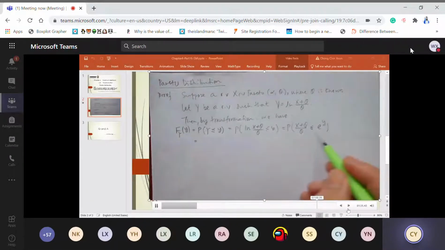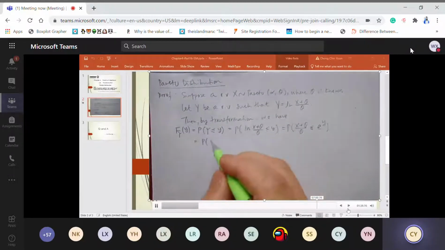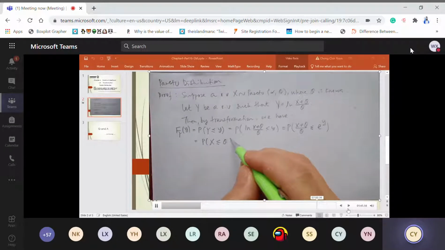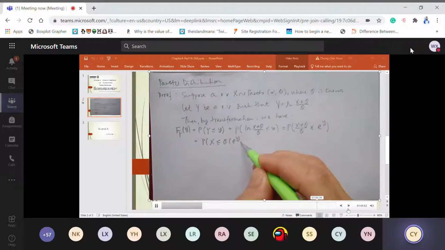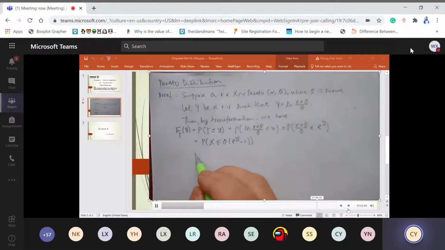Arrange this again, we will have the probability for the random variable X being less than or equal to theta times (e to the power of y minus 1). And this is obviously equal to the CDF at this value